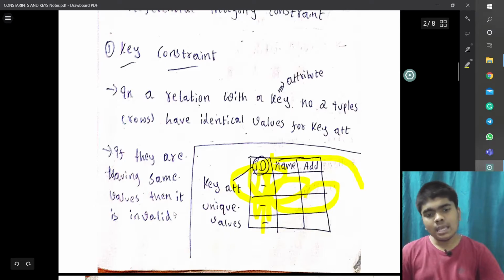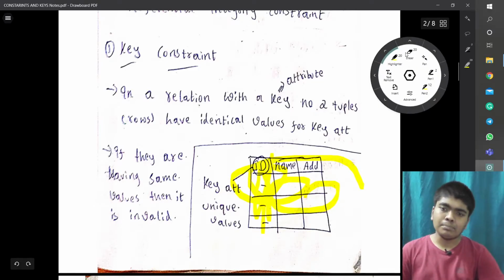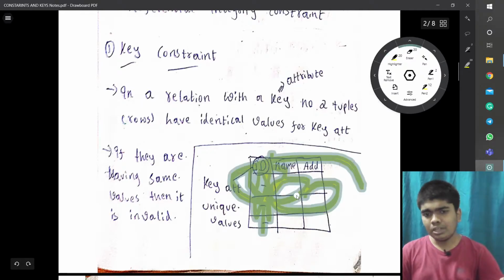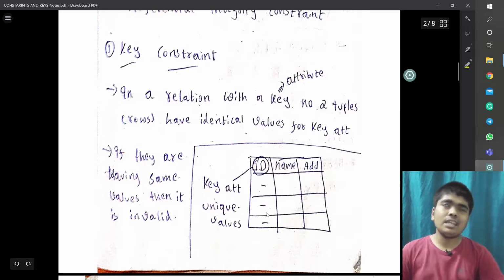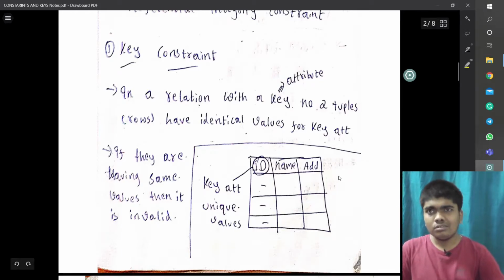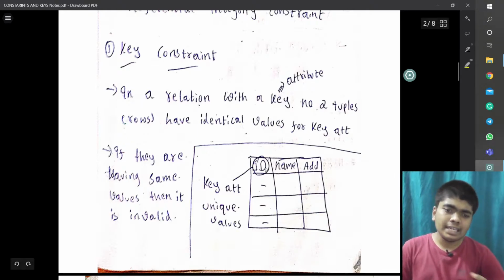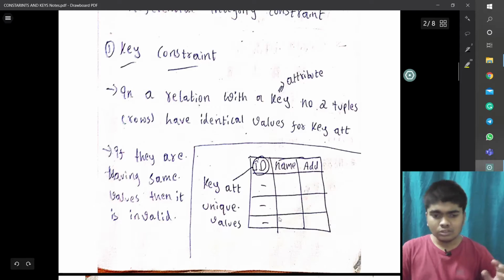If they have the same values, it is invalid. If IDs are the same, how can we identify people in an organization? So the ID should be different, and that is known as a key constraint.